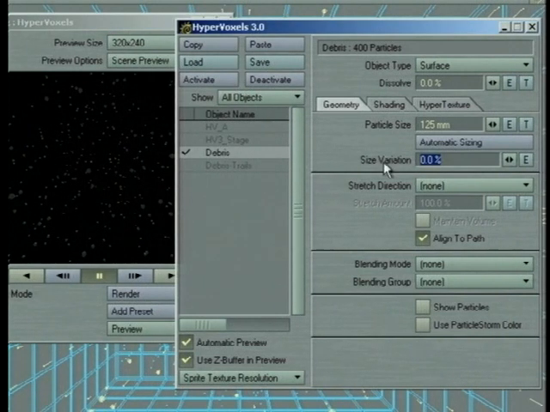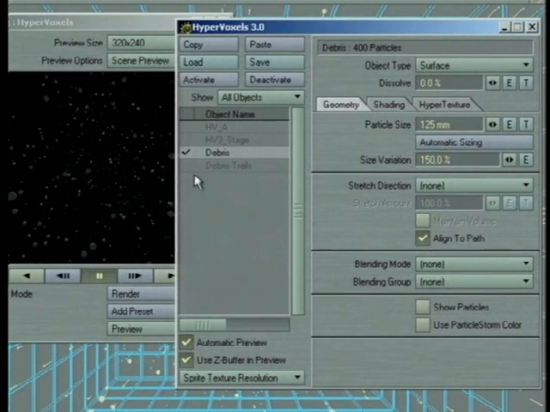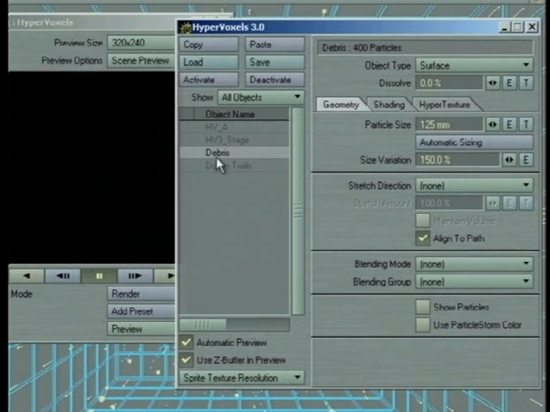I'm going to add a size variation of about 150%. So some of them are getting really large and some of them are getting really small. So now you can see we have a really nice separation from larger to smaller. It's a little bit difficult to see on that black background, so once again, we're going to disable the HyperVoxels,